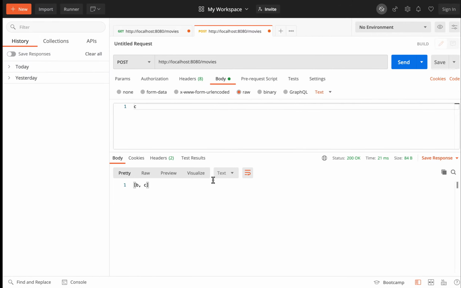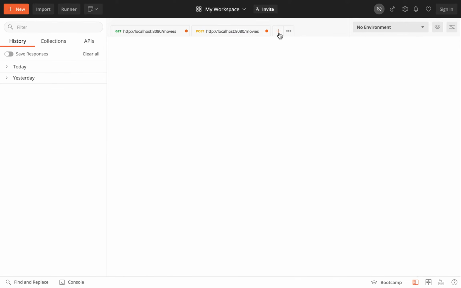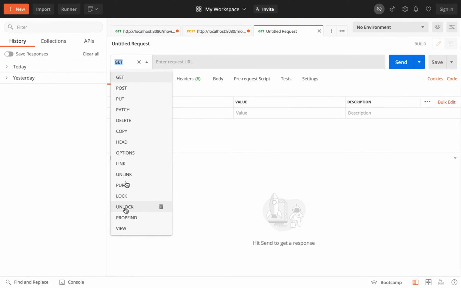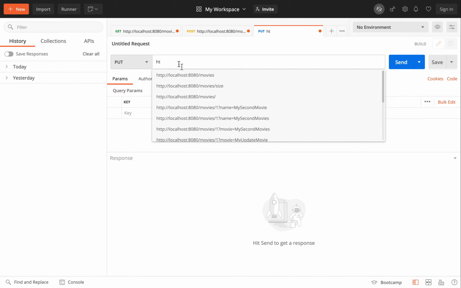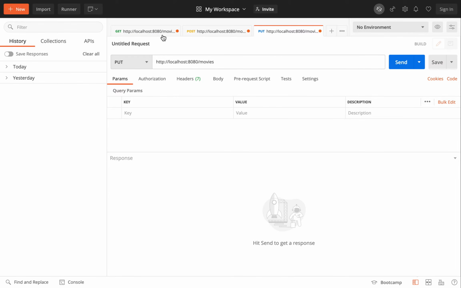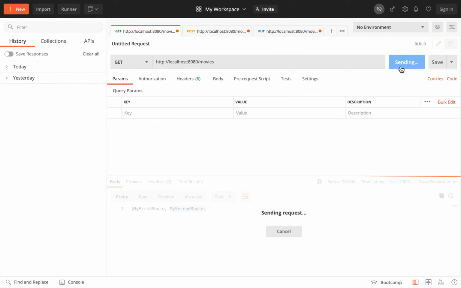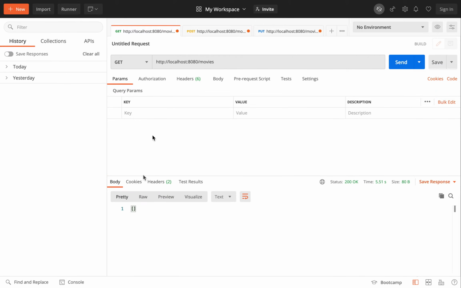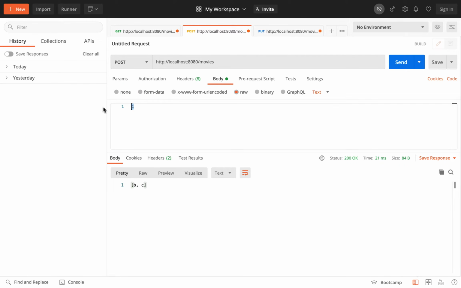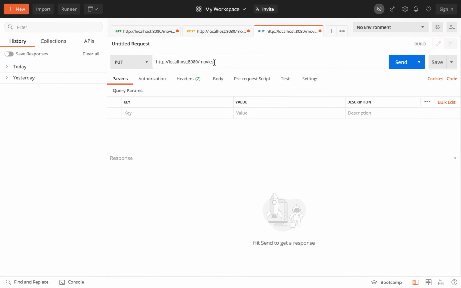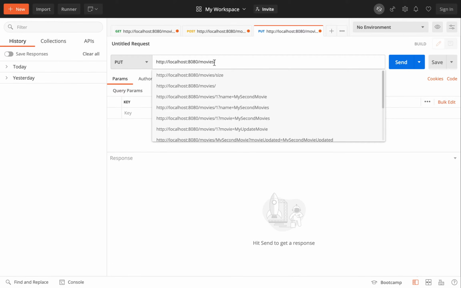Good. Now go back on Postman, open a new tab, in this case method put, always http localhost 8080/movie. So first of all, let's see my list. My list is empty, so let's create my first movie, send, good, then my second movie, send, okay, good, and now go into the tab put, and here we need to specify the path, so slash, and then the movie that I want to update, my second movie,